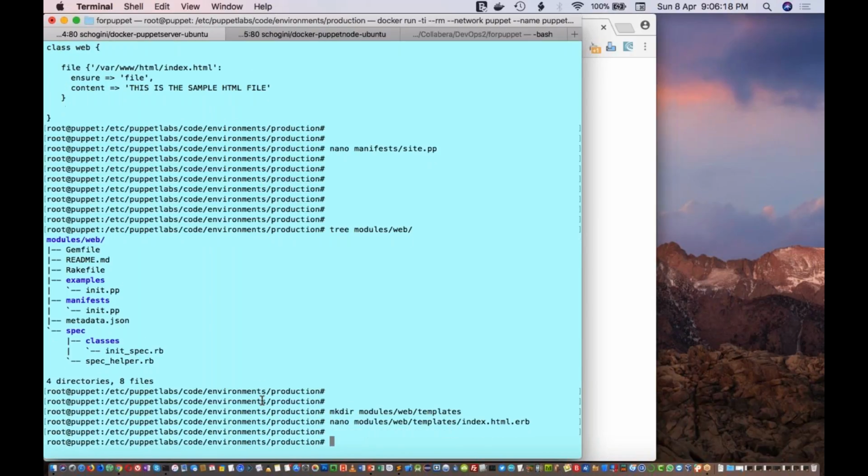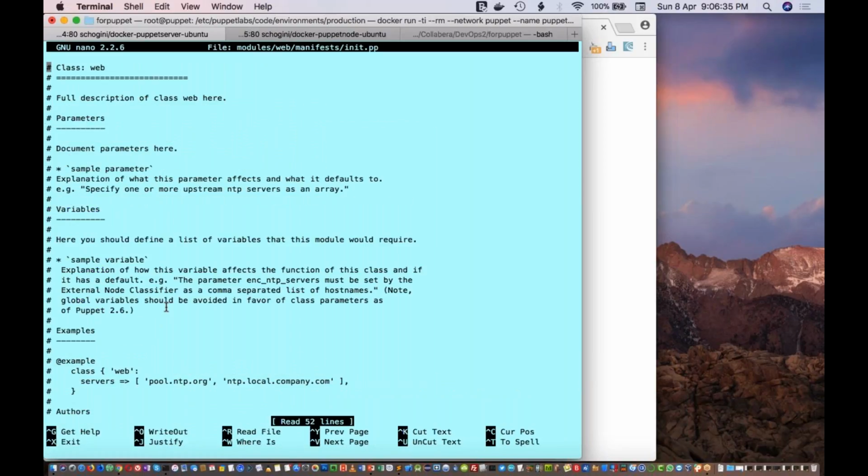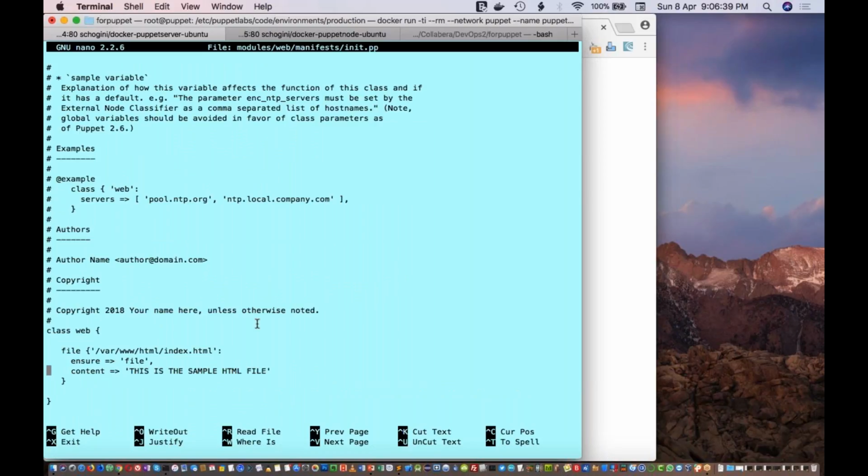Now if I want to use this content as a template inside my init.pp, I have to edit the init.pp file first. So I'll go to manifest init.pp, and inside the file resource, in the content section, instead of adding the line like this, I'll use the template keyword.